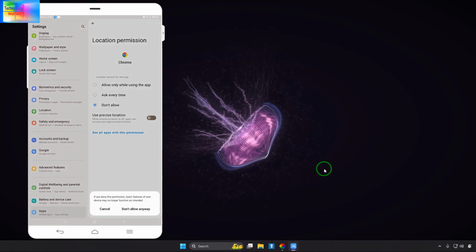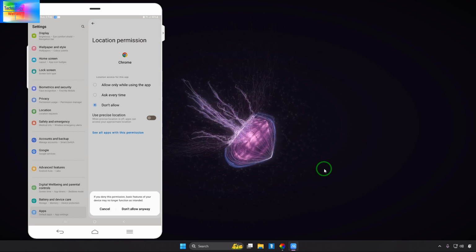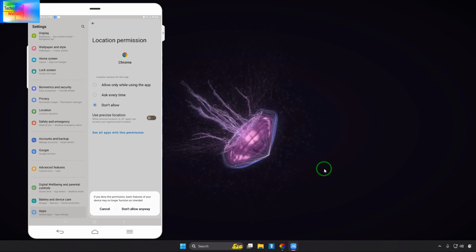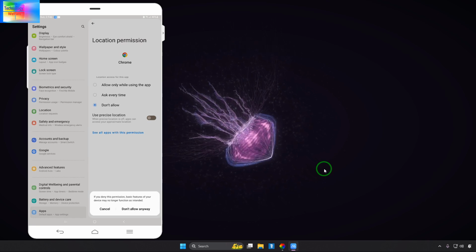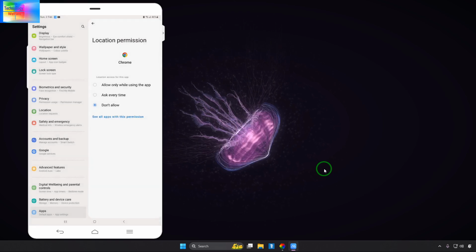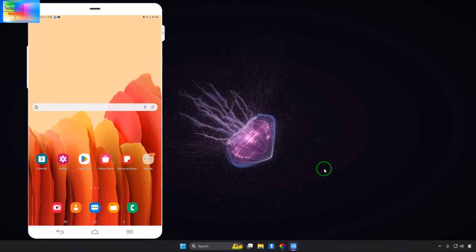Then we go for allow. Here it is similarly asking, with the permission warning that basic features of a device may no longer function as intended. Of course we will go for it. So now that we have done all the work here,